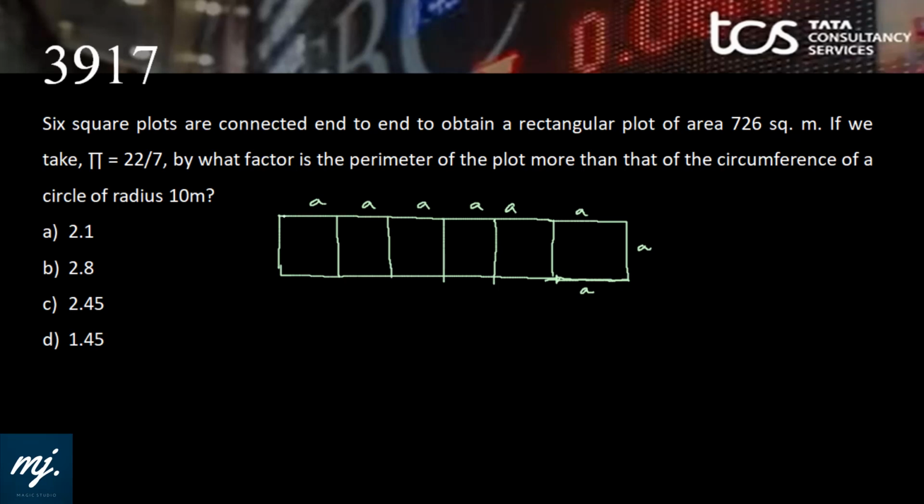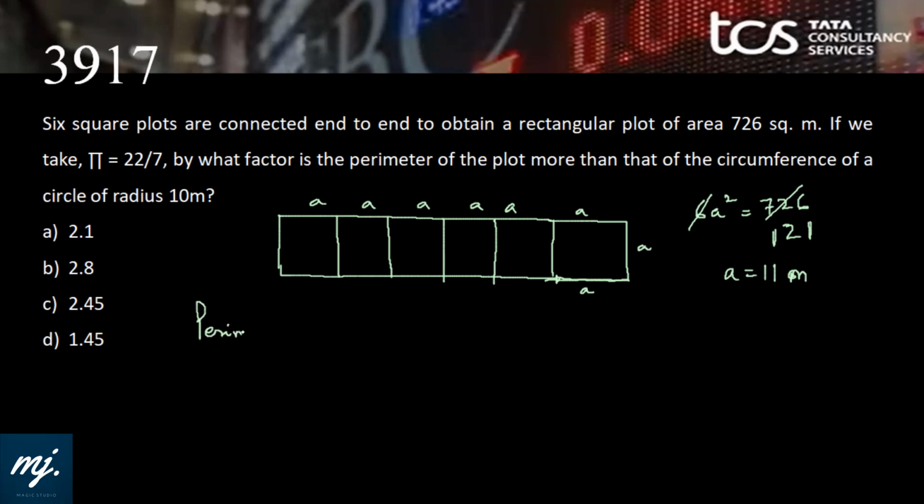Now the area of this plot is 6A by A. That means 6A square is 726. This is 121. That means A is equal to 11 meter. One side is equal to 11 meter. If we take pi equal to 22 by 7, by what factor is the perimeter of the plot